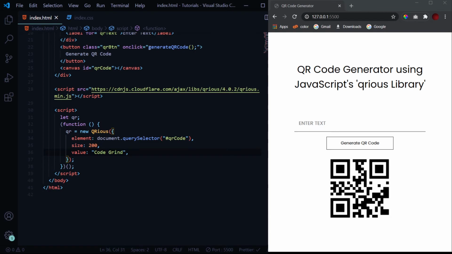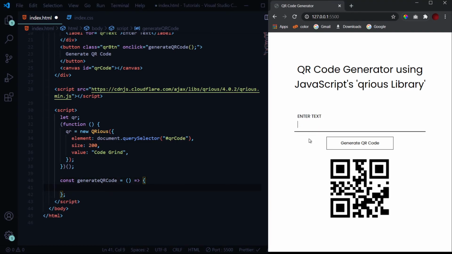Now as we have called a function on the click event of this button, let's define that function over here. The first thing we need to do inside this function is get the value of whatever the user has entered inside this input field.